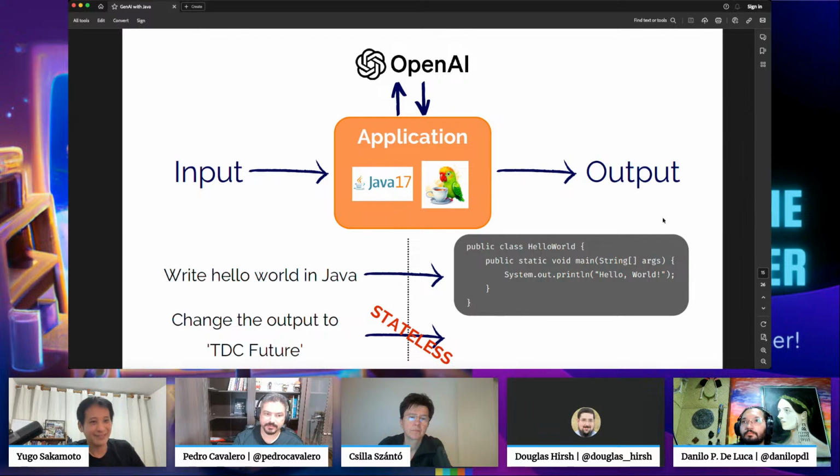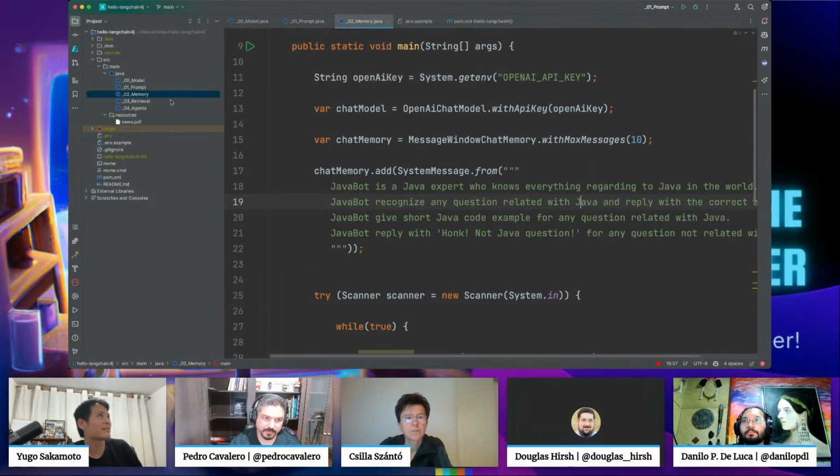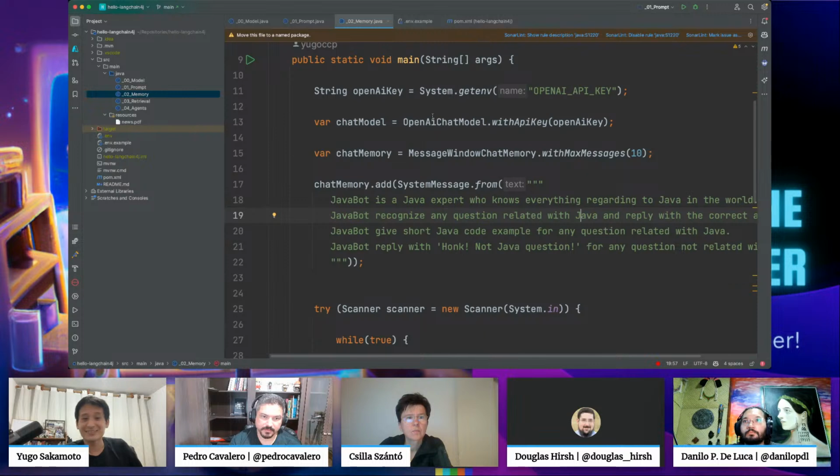The way we implement it actually is to send the whole context every time to the model. So you are just keeping all the conversation on your side and resending it every time to the model.